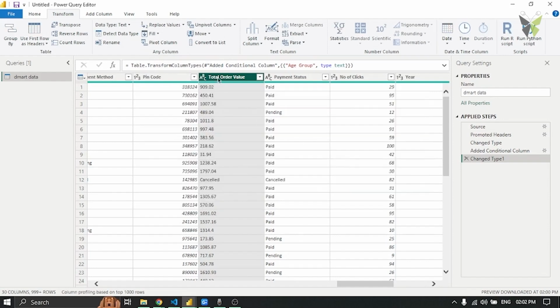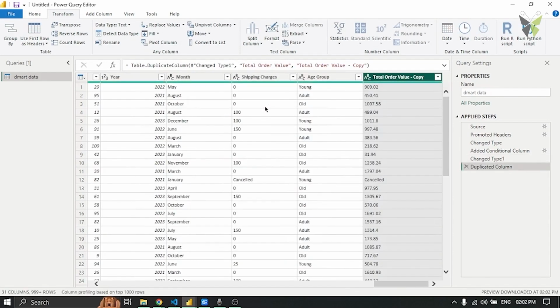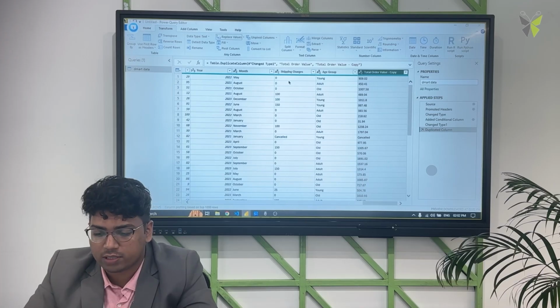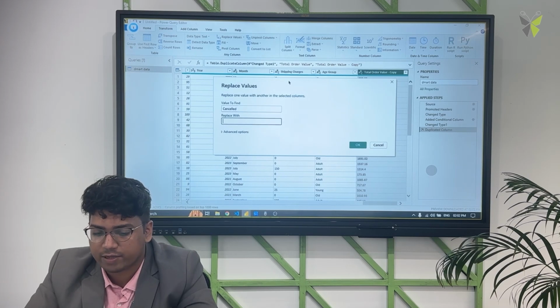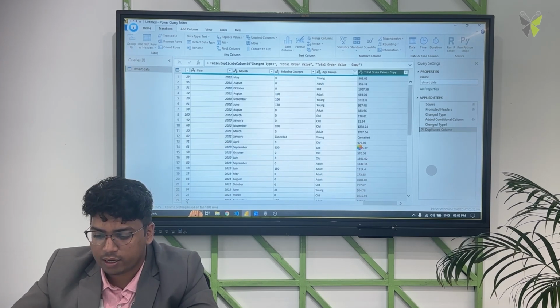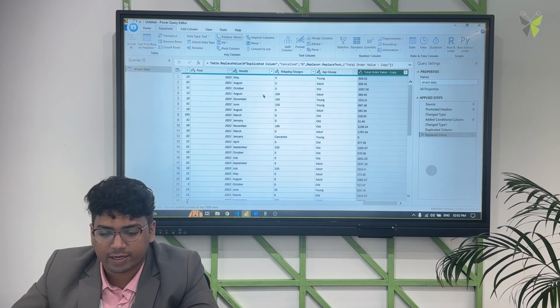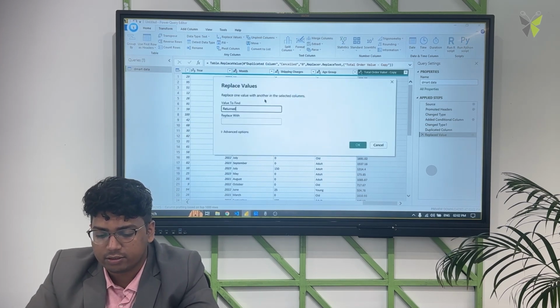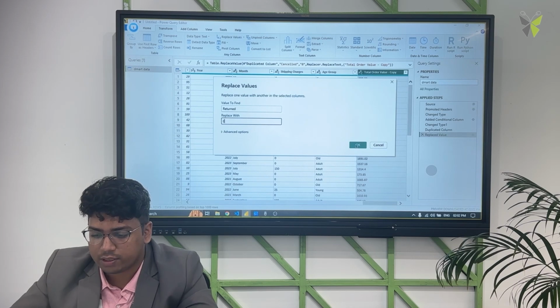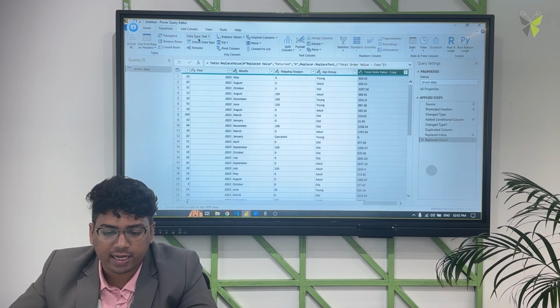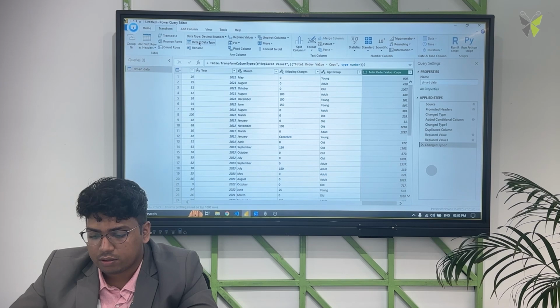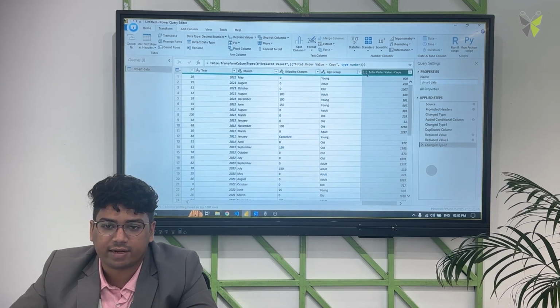Before doing that, what I can do is make a duplicate of this column. So I have the original column right beside it, and then I'll replace values of this duplicate column. Whatever was cancelled should get replaced with 0. Another thing, there is also one more called returned. So I'll again press replace values and take returned and replace it with 0 again. Again I'll select this detect data type. Now all the numbers are there, and the 1.2 float is getting detected automatically.